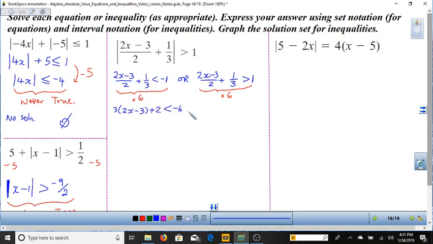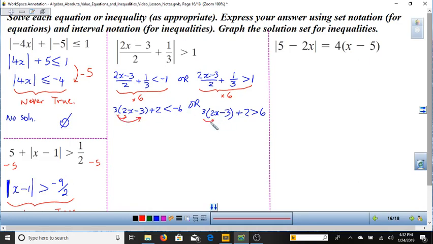And on the other side, we have 3 times 2x minus 3 plus 2 is greater than +6. Because again, we're multiplying each term by 6. I distribute the parentheses, and once I distribute the parentheses, I combine like terms and solve